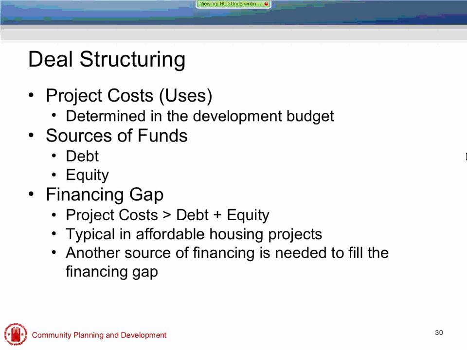Again, the financing gap is very typical for affordable housing projects, so more than likely there is going to be a financing gap needing to be filled. And I know we had a question about the gap: it is going to be considered what that first loan is, that first set of debt service on the project, because obviously that's less cash available. Once that must-pay debt has been paid, that's less cash available to pay any gap financing. So it will be considered when determining the loan amount for the gap financing, even if it's must-pay.